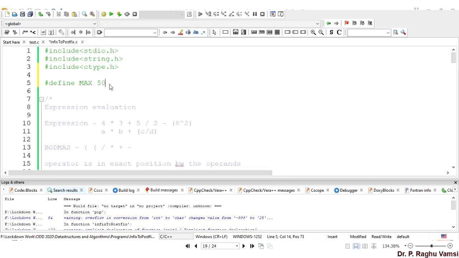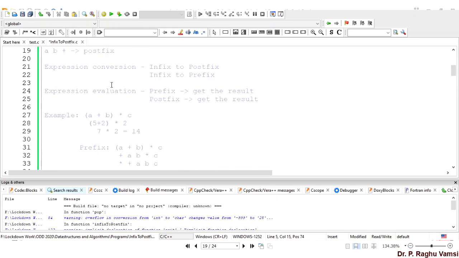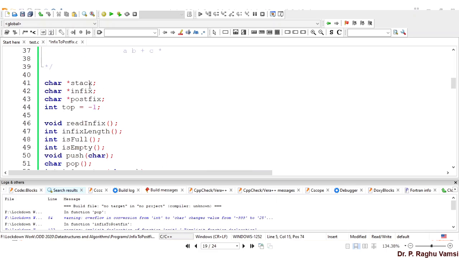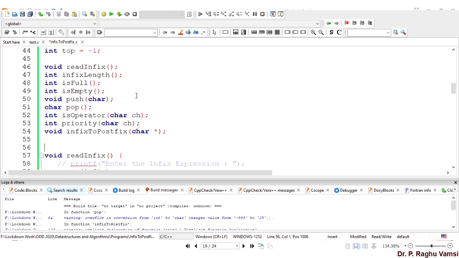Expression, for example 50, and instead of cast, it is max of postfix. So accordingly, we'll do some modifications in the functions full, is empty and all.